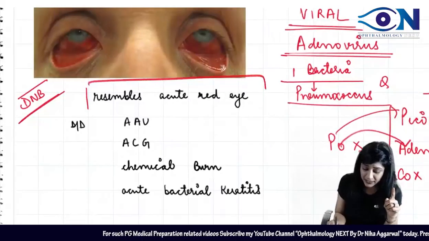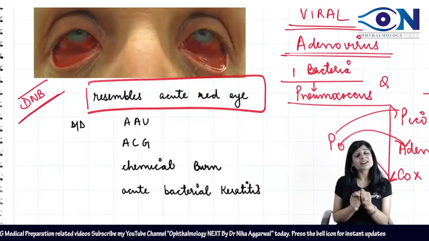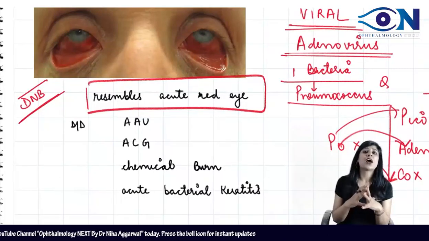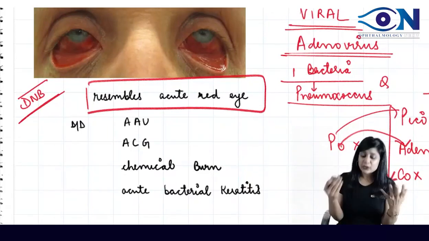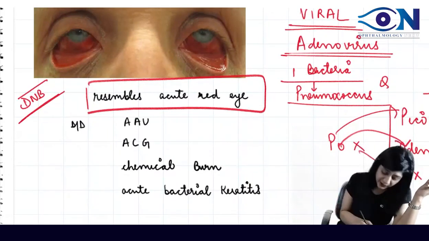It resembles the acute red eye. What is acute red eye, guys? Acute red eye means where you have a fiery red appearance. You have a lot of congestion. What kind of congestion do we have in the acute red eye? We will have